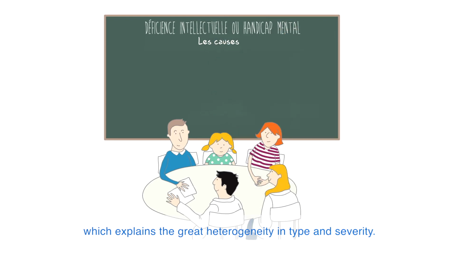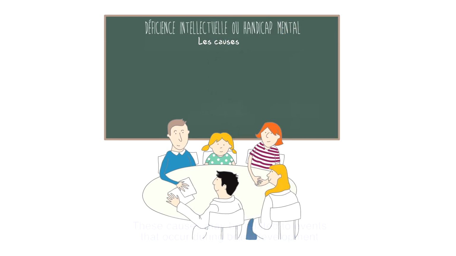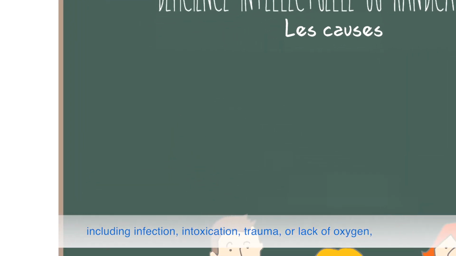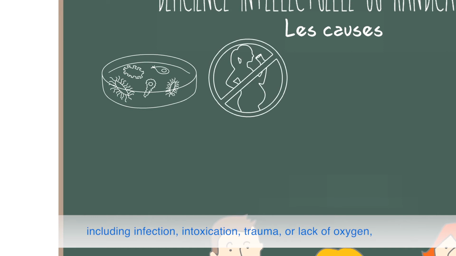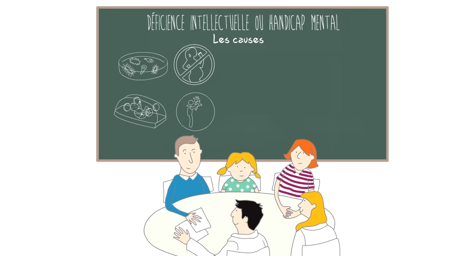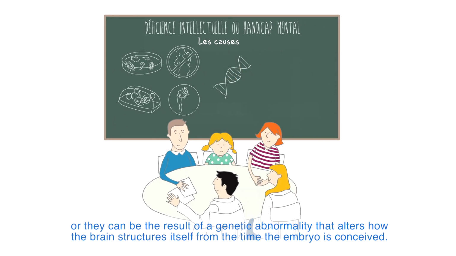Intellectual disability has many potential causes, which explains the great heterogeneity in type and severity. These causes may be related to events that occur during brain development, including infection, intoxication, trauma, or lack of oxygen. Or they can be the result of a genetic abnormality that alters how the brain structures itself from the time